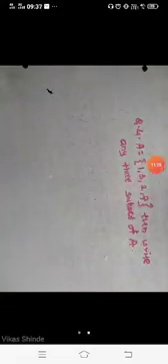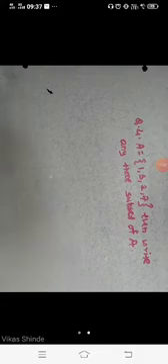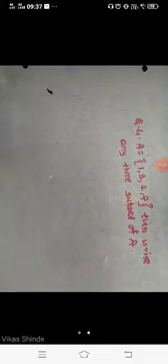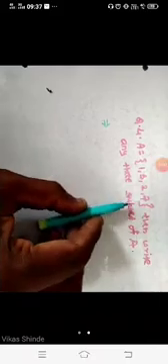Look student, now question number 4. Set A equals {1, 3, 2, 7}. Then write any three subsets of set A. We have to write the subsets of the given set. In the case of a subset, students, at the time of writing the answer, the subset always has fewer elements than the original one.